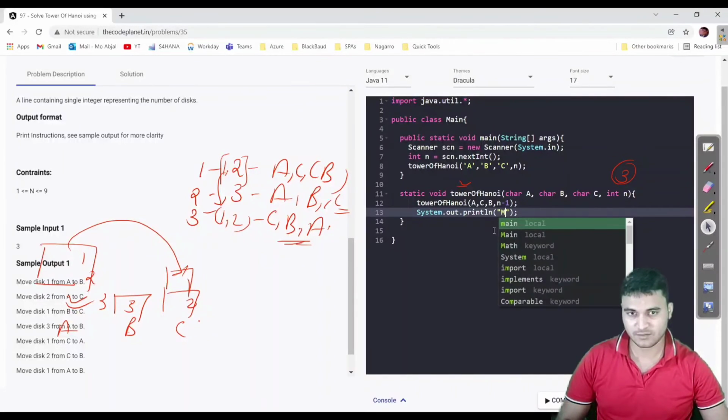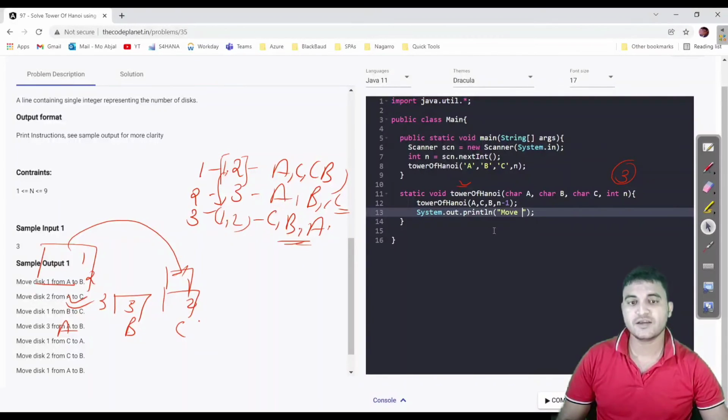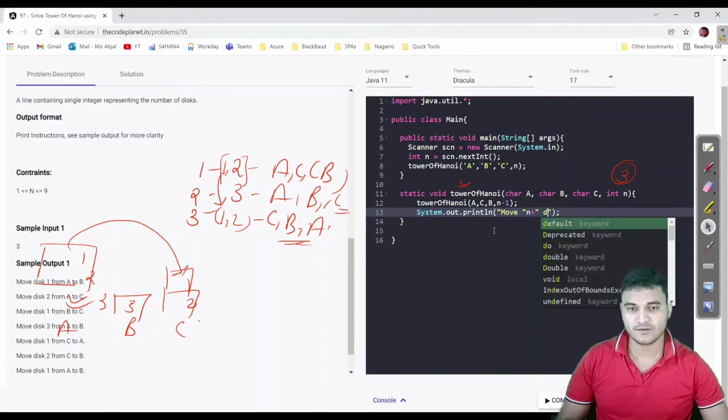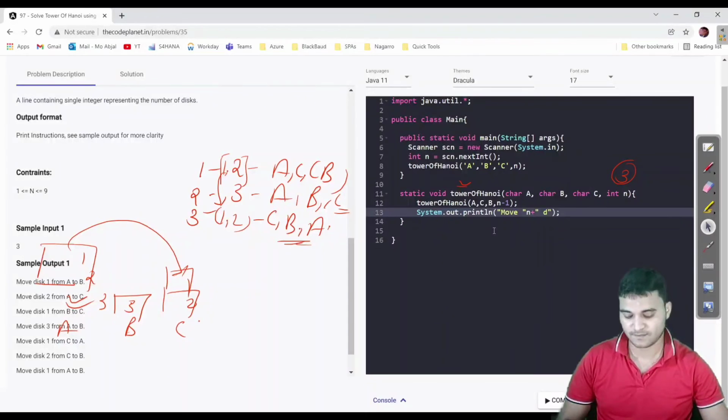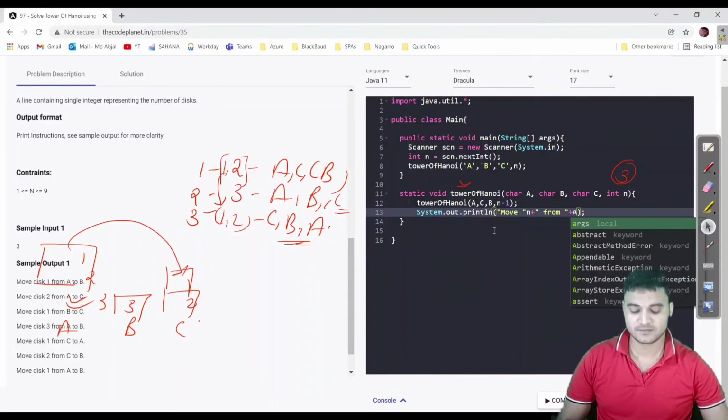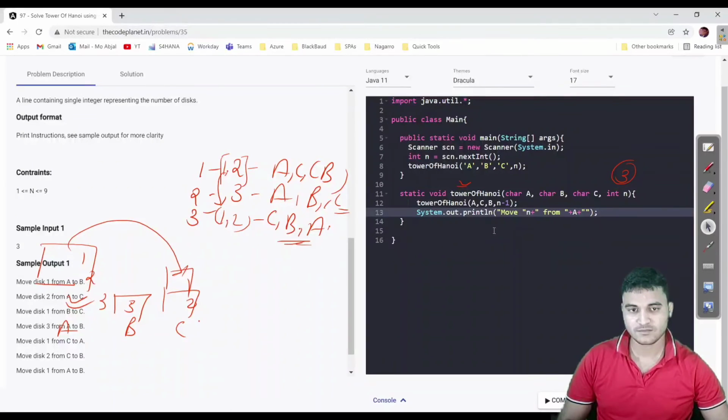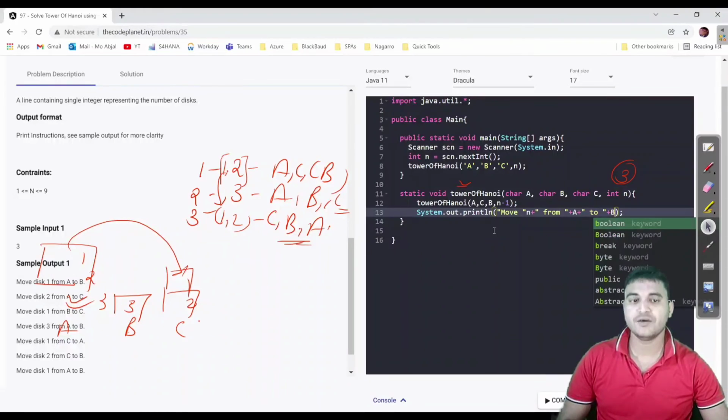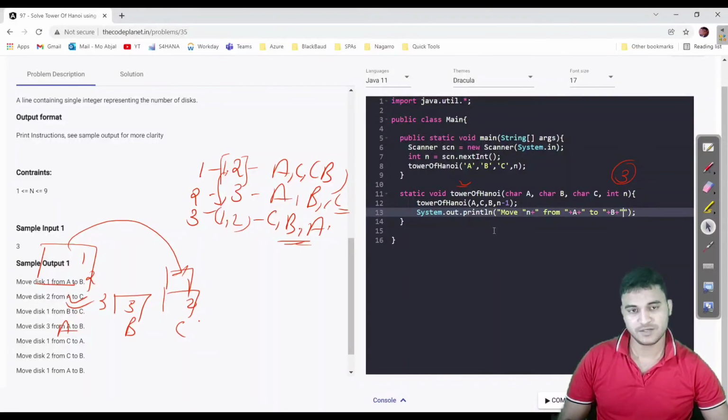So move, which, like here what I am doing, second step of move third disk, which is the nth disk. So move nth disk from A to B. Yes, and we do not have to write "using" here also.